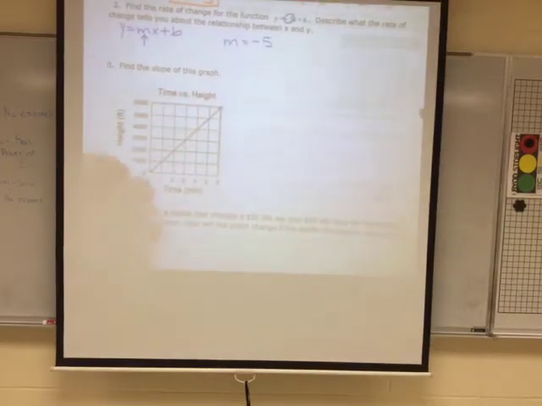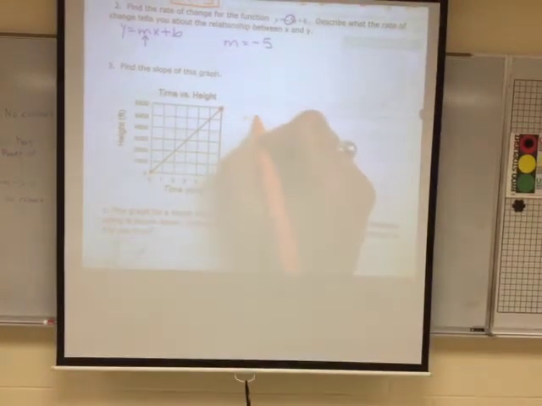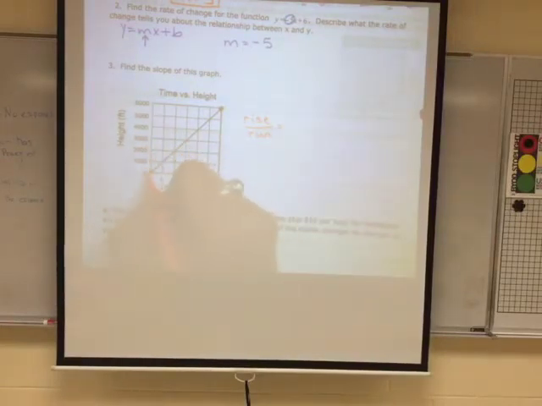Number 3. To find the slope from a graph, there's a few different ways to do this. I can use the slope formula, or I can identify 2 points and count the rise over the run. So what I'm going to do here is I'm going to start with this point. And, I kind of like this point up here because it's identified. So what I'm going to do is I'm going to say my rise over the run. So to get from this point to this point, I'm going to go up